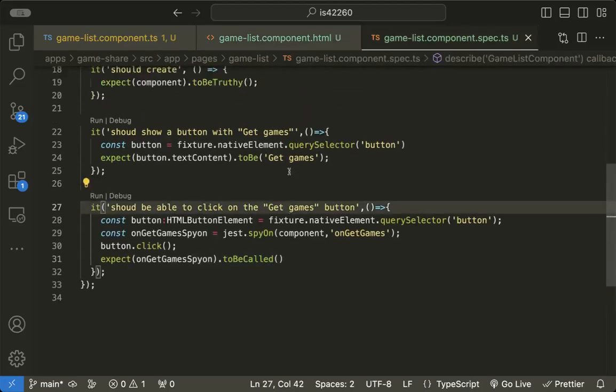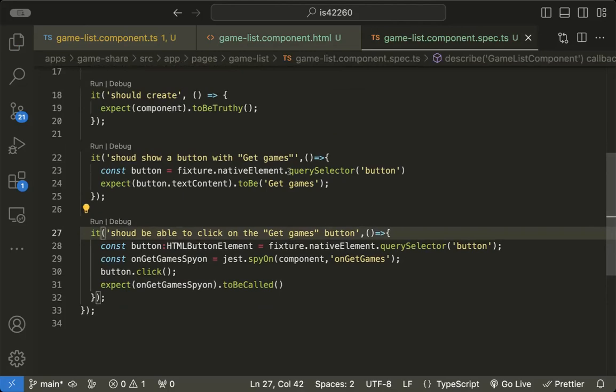Okay, any questions up until this? These two action types, especially the spy on and the events handling that's going to happen. Okay, good. So next thing that we're going to do,